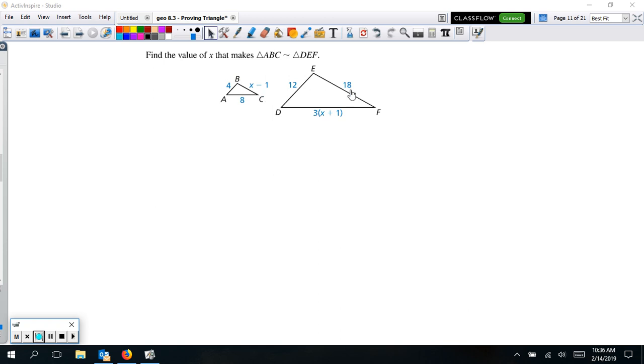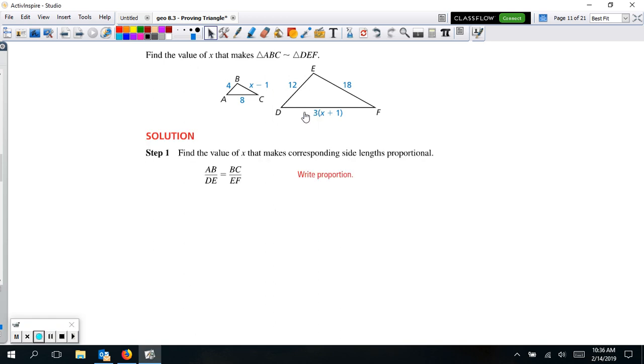So BC and EF. You can definitely see BC and EF are going to correspond according to up here. So it says it's similar, and so we're going to say all the corresponding side lengths are proportional then. So we can have an x minus 1 over the 18, and then use either one of these, but it would be easier to use it with a 4 and the 12 than doing it with this other one with x. So that's the way we'll set this up. We'll do these proportions here, giving us the 4 over 12. That's one of them with corresponding sides, and the x minus 1 over 18, that's the other one with the